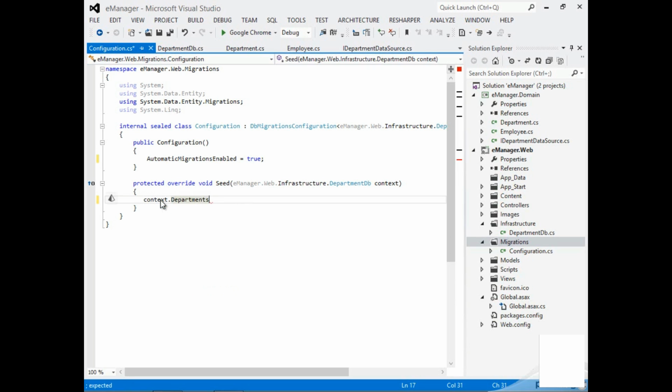Then I can say context.departments.AddOrUpdate. This is a method that you really only use during the seeding phase of a migration. It tells the Entity Framework, take this department and either add it immediately, or if it already exists, then update it. Since we do not know what the ID of a department is at this point, SQL Server is going